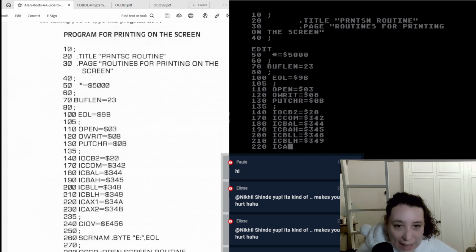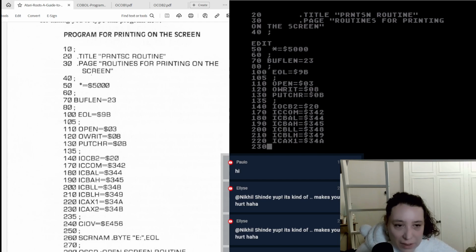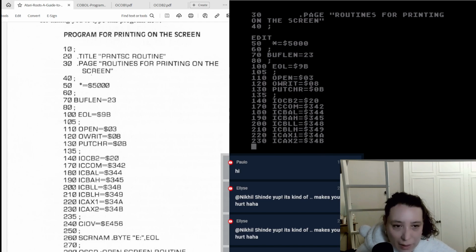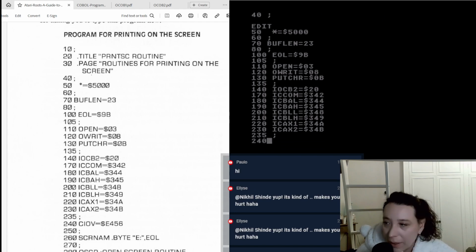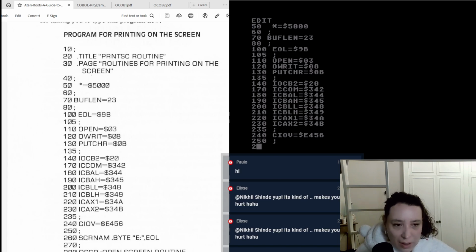220, ICAX1 is equal to $34A. I should just say hex 34A, right? 230, ICAX2 is equal to hex 34B. 235, new section. 240, CIOV is equal to hex E456. 250, new section. 260, screen name